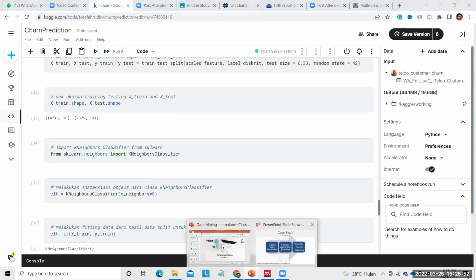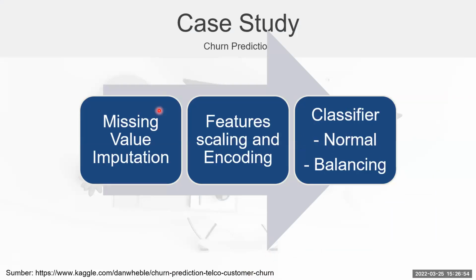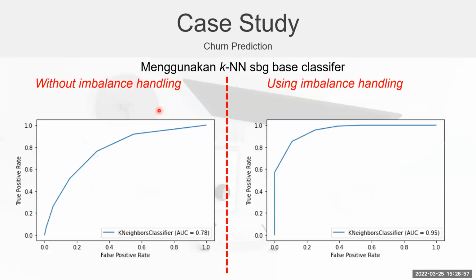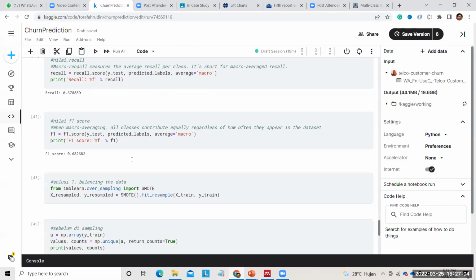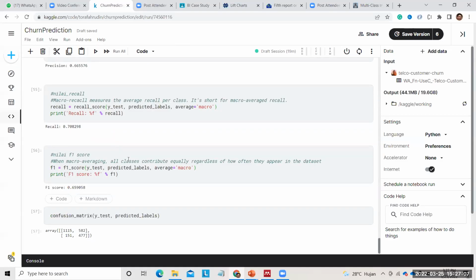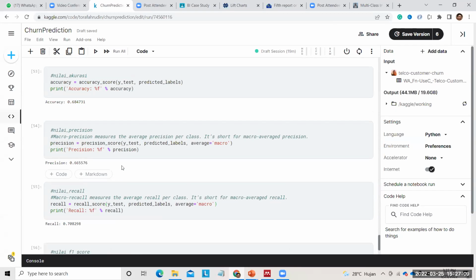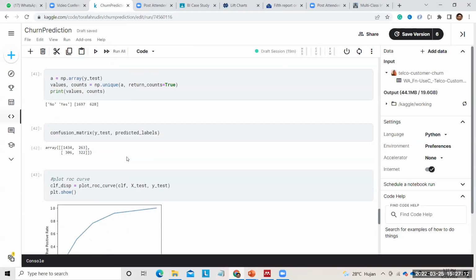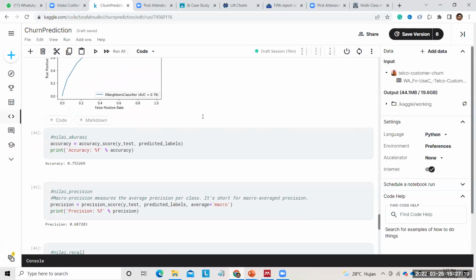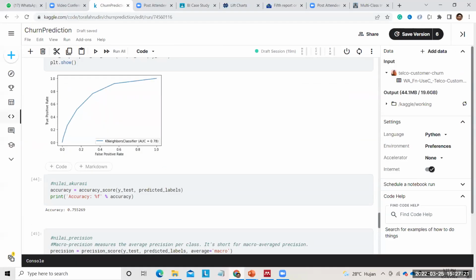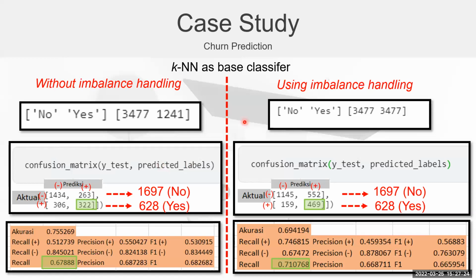Okay, then the classifier. This is the result of the classifier. If you run the code, I summarize it in this slide. It is the same as in here, but for simplicity for you, I just put it into one slide.